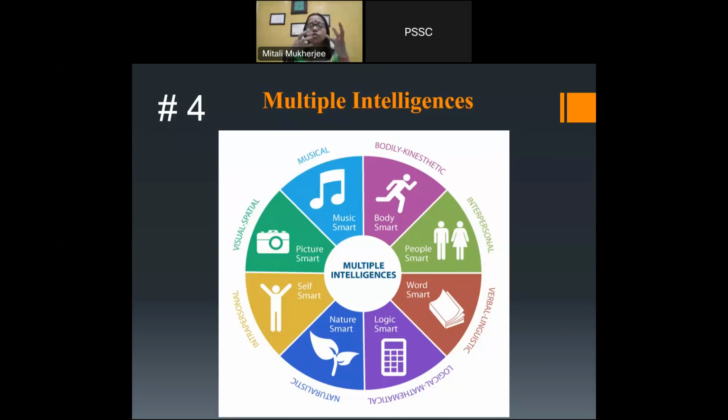वो पजल्स के थ्रू, राइम्स के थ्रू, सॉल्व के थ्रू बहुत अच्छा समझते हैं। ये मैथ्स वाले लोग होते हैं, फिजिक्स वाले लोग होते हैं। हम समझते हैं सिर्फ ये लॉजिक स्मार्ट पीपल आर इंटेलिजेंट। नो माय डियर, इवन द बॉडी काइनेस्थेटिक, इंटरपर्सनल, वर्बल, लिंग्विस्टिक, ऑल आर स्मार्ट, बट प्रोवाइडेड यू टीच देम लाइक दैट दे विल अंडरस्टैंड। देन यू हैव नेचर स्मार्ट, मतलब इन बच्चों को पेड़ पौधे जानवर से बहुत प्यार होता है, अगर आप उनका एग्जाम्पल से समझाओगे वो जल्दी समझेंगे।